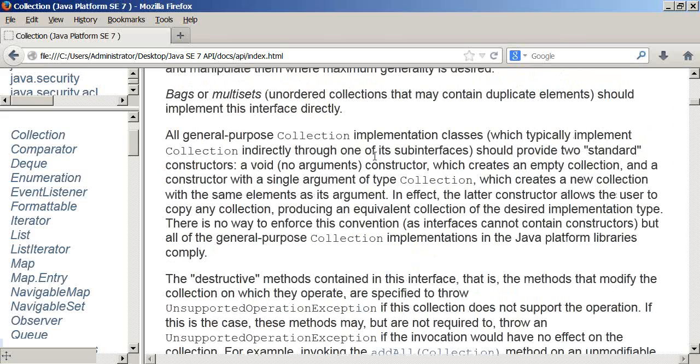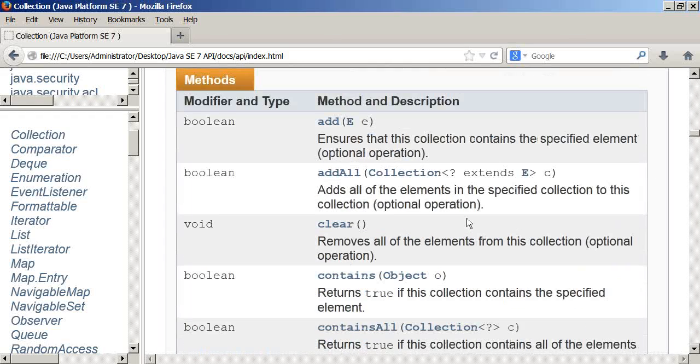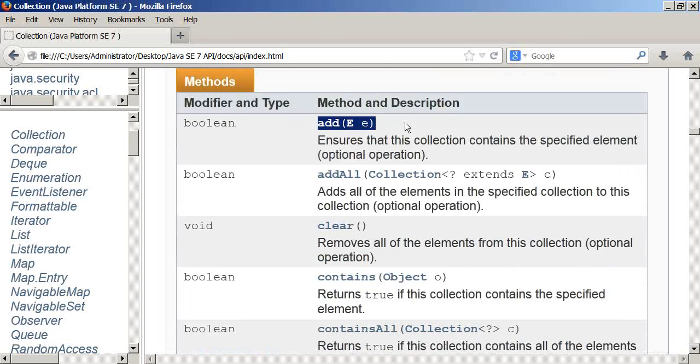In simple terms, it is an object for collecting different types of other objects. Will it allow duplicates or no duplicates? It does not guarantee that at this top layer, because it is the top layer. At this top layer, it will not guarantee what type of objects you want to collect. But if you see the methods here, there is add. So what is this add here? If you want to add an object to a collection, then you go for a method called